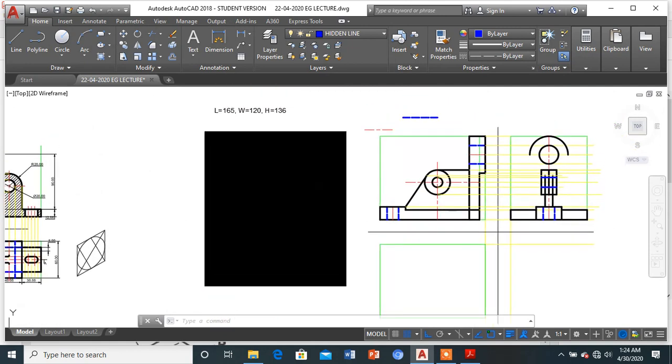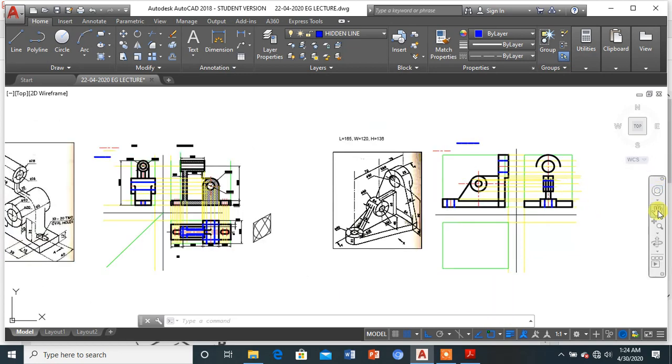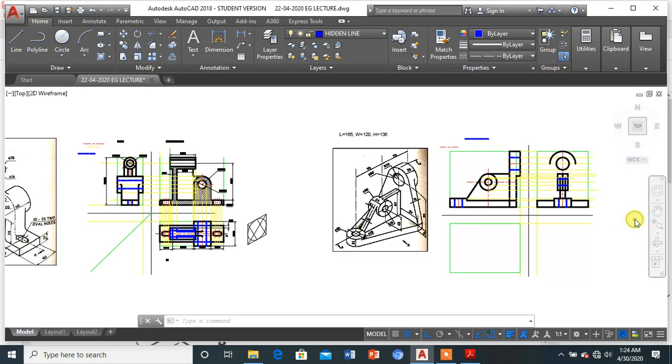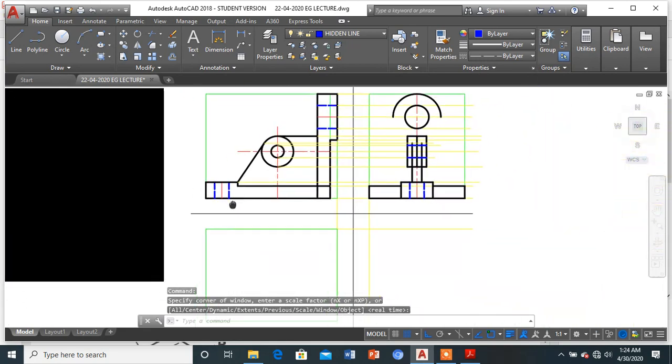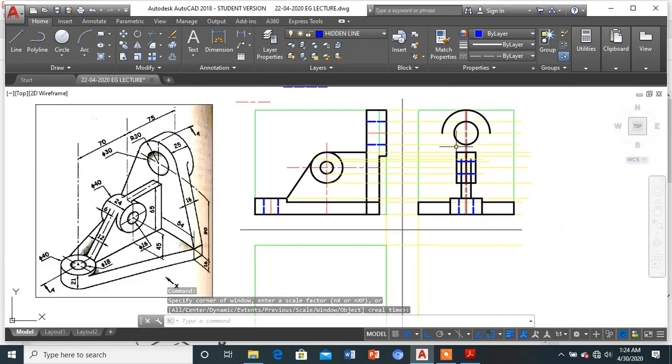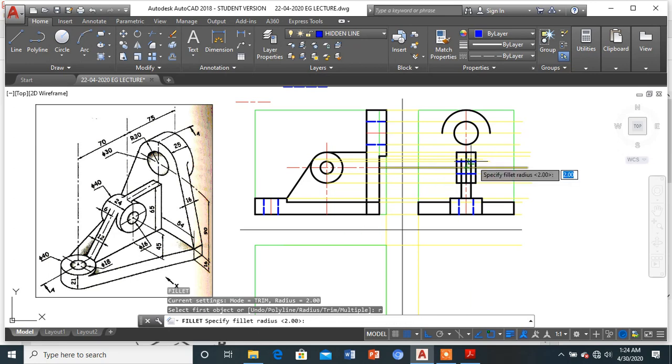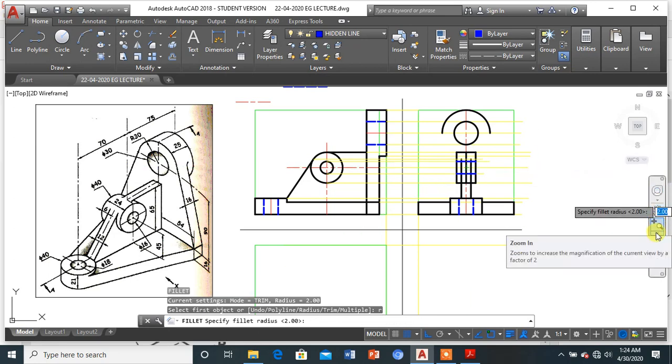For this particular rib, where it is going to get completed, what do we do further? As you can see, the ribs are there. I'll draw a fillet of 2 mm radius each.